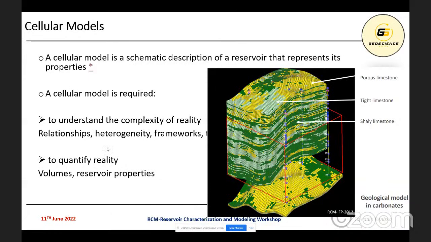So why do we need the cellular model? To understand the complexity of reality. At the beginning of the session, we said how we can transform nature, how we can change complex things into something simple that can help us predict and make good results for our profit. So, to understand the complexity of reality, the relationship between inputs, the heterogeneity and frameworks,